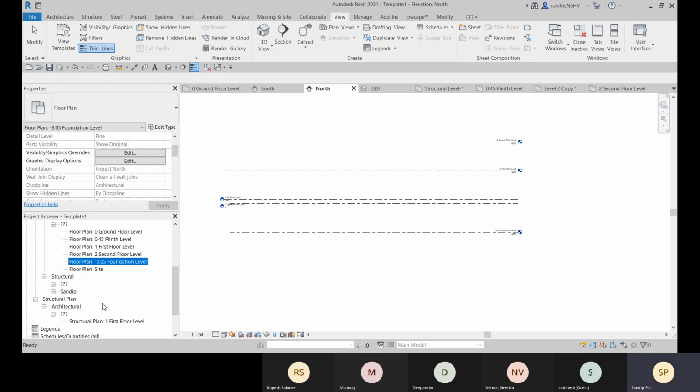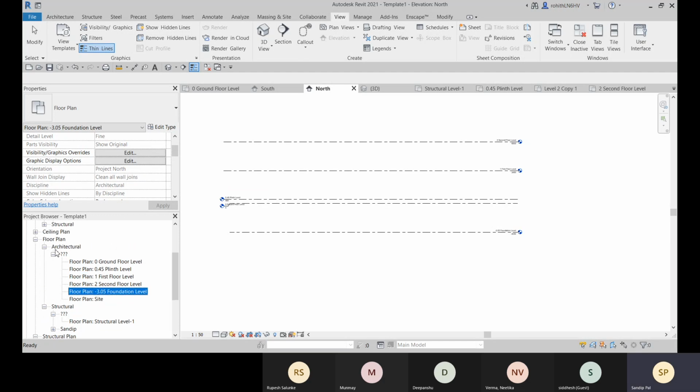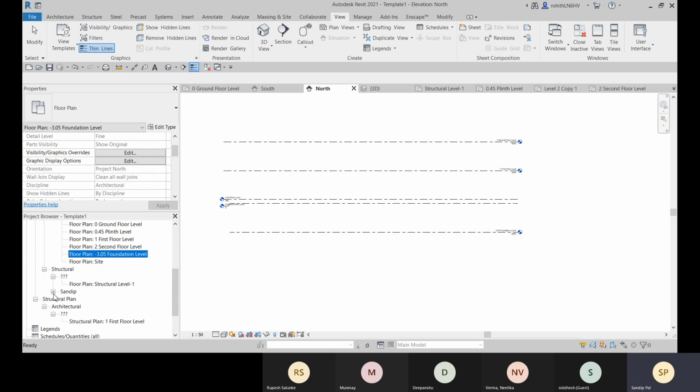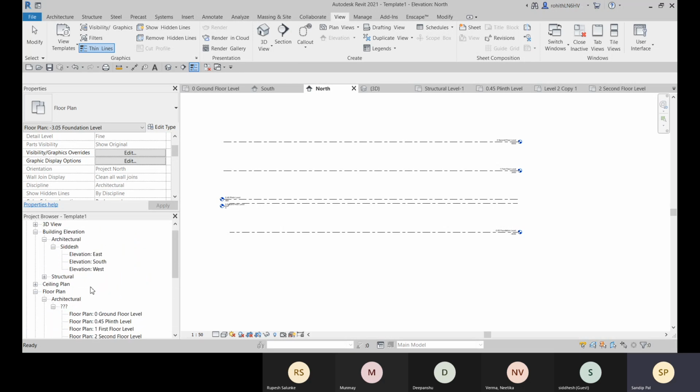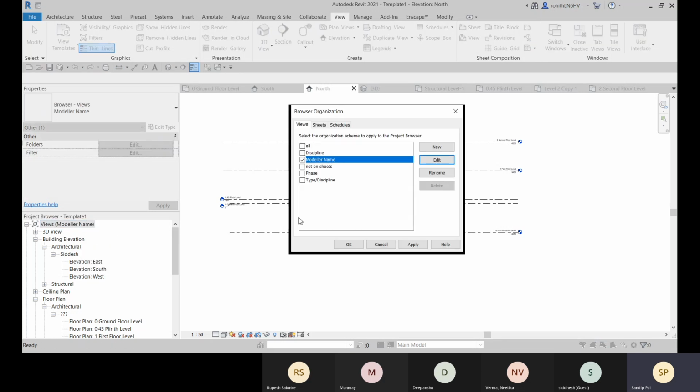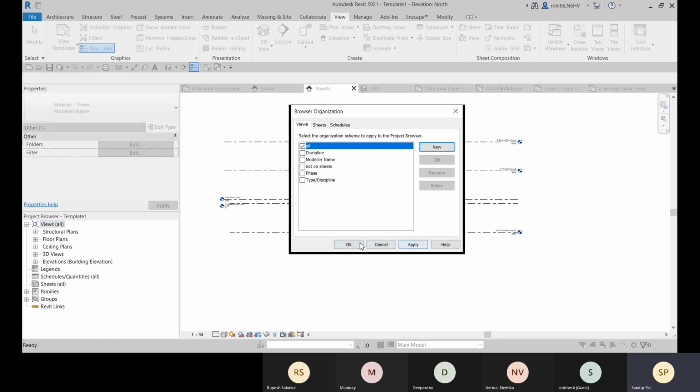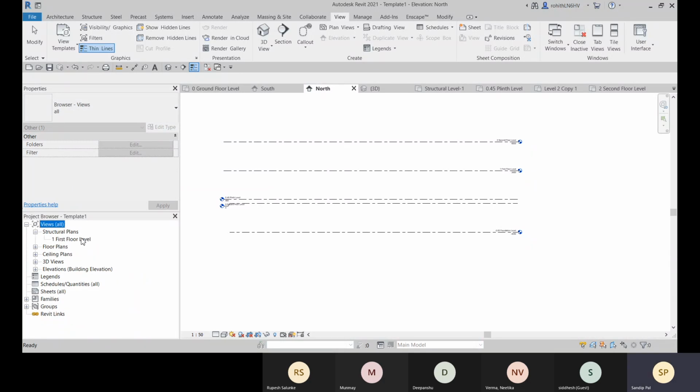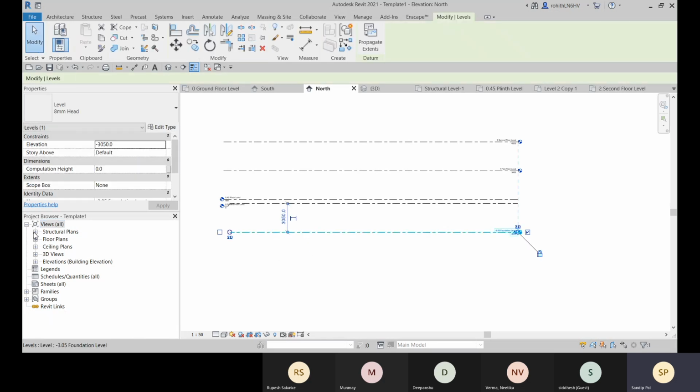See, within this, this is the architectural model, and this is not included within the structural plan we have included. I think I had created that earlier. Now let me organize all the options. Click on apply and okay. So within the structure it is added, as we have mentioned it as per the discipline.